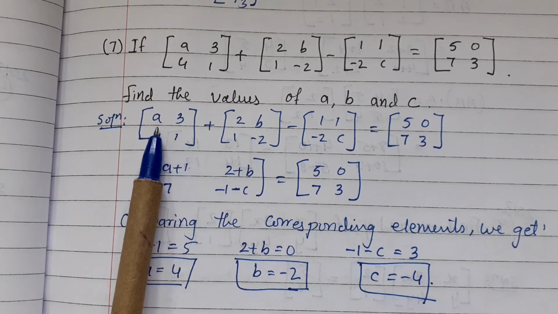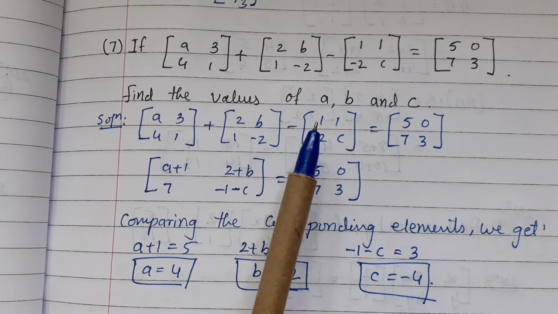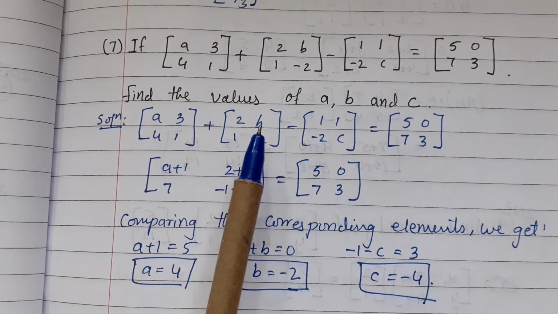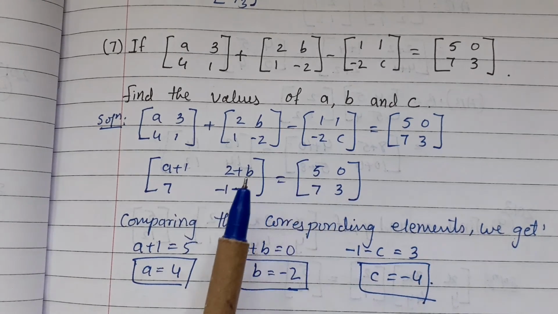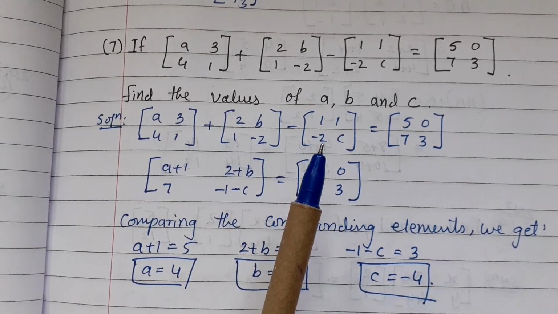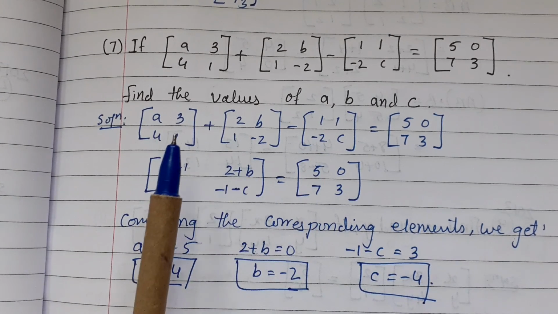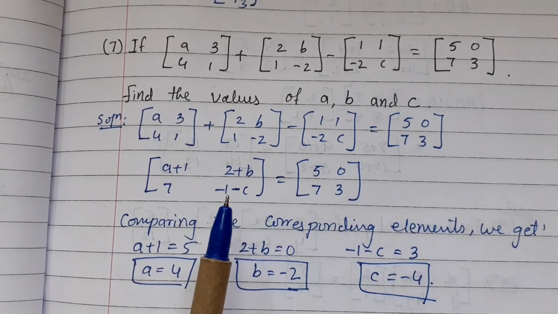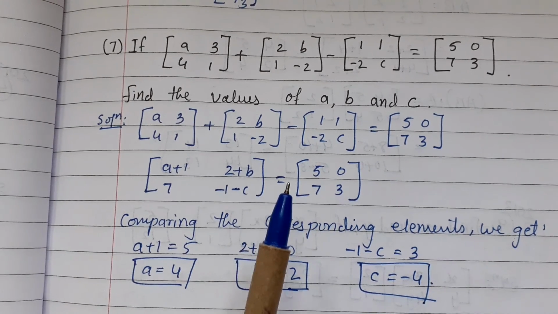So A plus 2 minus 1 equal to A plus 1. 3 plus B minus 1 equal to 2 minus B. 4 plus 1 plus 2, 7. 1 minus 2 minus C. Minus 1 minus C equal to